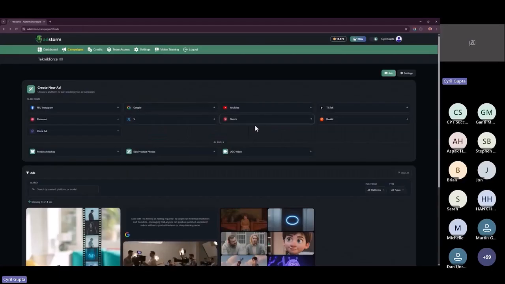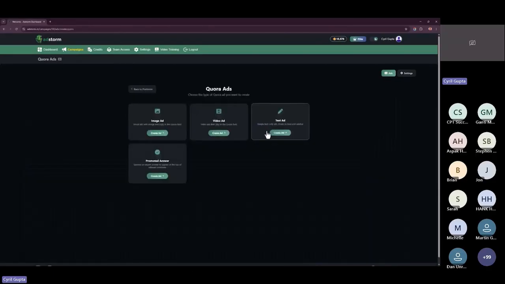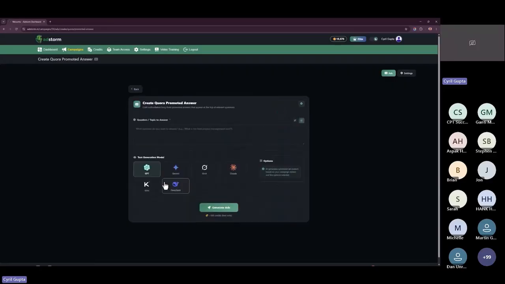And you can even advertise on Quora and Reddit. Think about this. Quora is one of the best platforms for high quality ads. It's got highly targeted SEO traffic, and you can tap into it. You can even create a promoted answer, which I think is one of the best formats on Quora. So click on create ad, just write a question. You can copy a question from Quora that is popular that you want to target, maybe something in your niche. And I'm going to put something from here just by myself. So this is, for example, a question: how can I create long videos with AI which matches my product's animation?